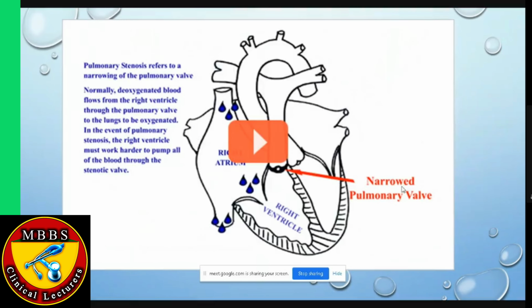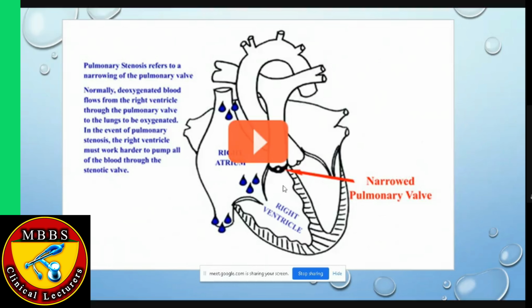Now, if we talk about pulmonary stenosis, we all know that there is a narrowing of a vessel, which leads to obstruction in the passage of the flow. So when we talk about pulmonary stenosis, this passage gets narrowed, and you can see over here that this is blackened, or all blocked, leading to a very narrow passage for the flow of blood. This is the narrowing of the pulmonary valve.